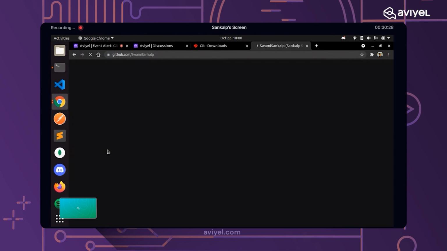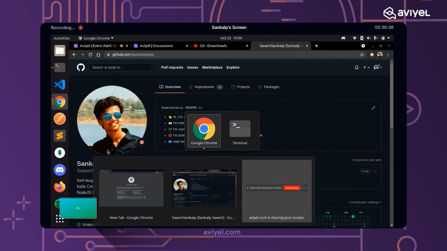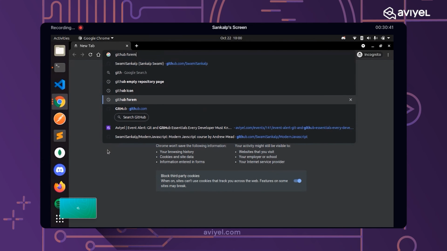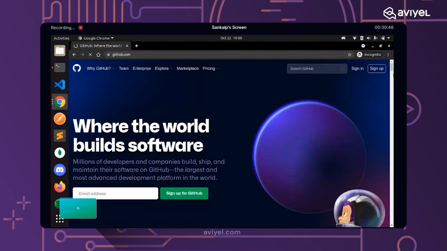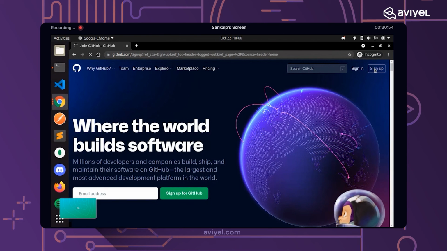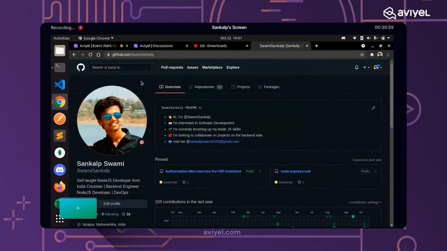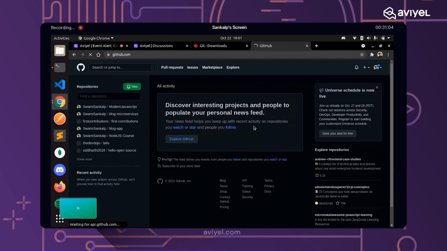If you don't have an account on GitHub, the UI will be something like this. So just go to github.com. If you have an account, sign in directly, or if you don't have an account, you can sign up. It's as simple as adding just your email and password. All right, so create your account, and then when you go to github.com, you will be reaching this page,